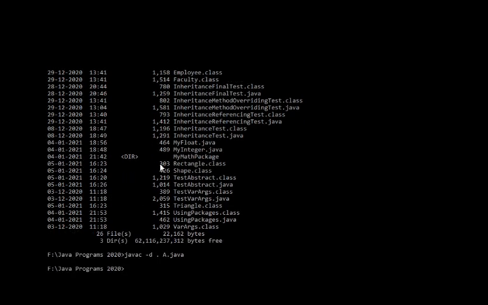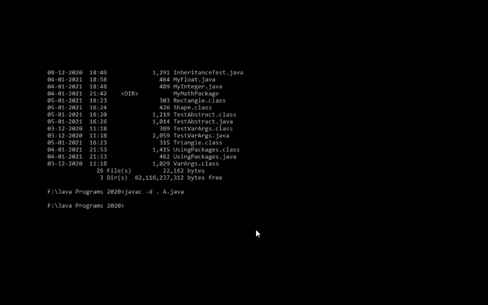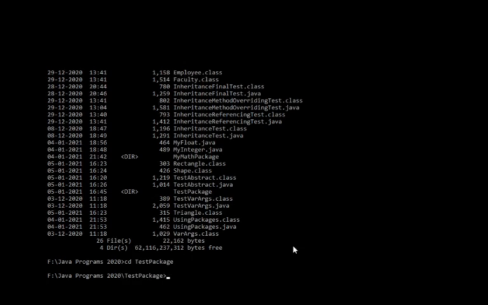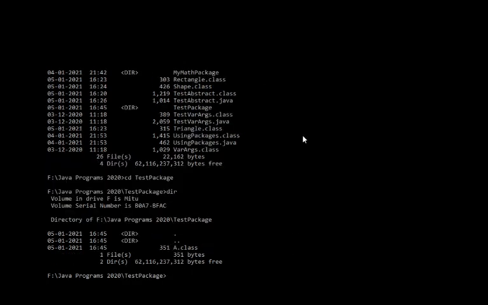So if I look at this again now, you can see a directory called test package has been created. And if you go to test package, you'll see what is inside it. It contains the class file A.class.